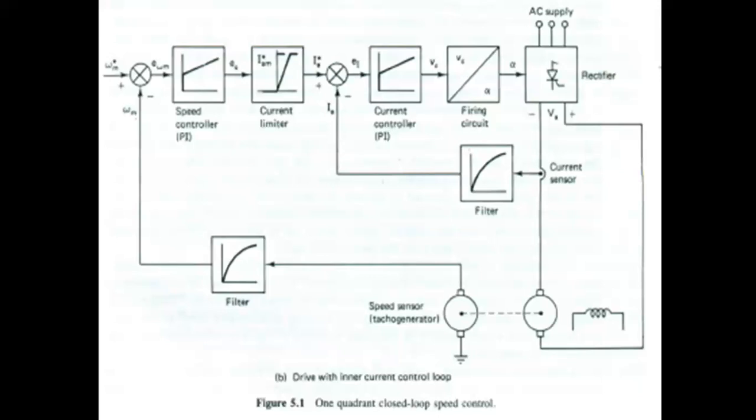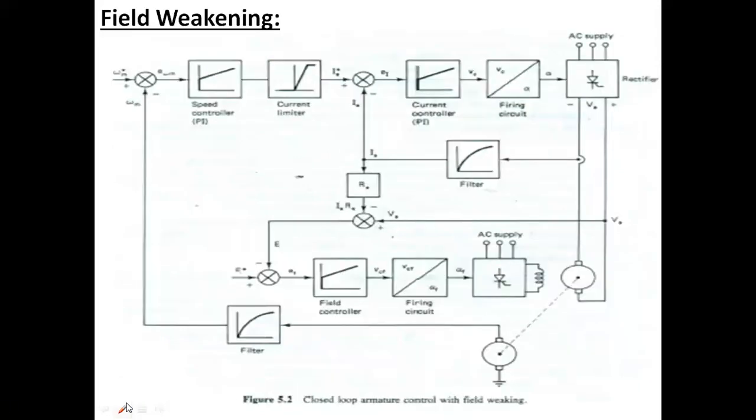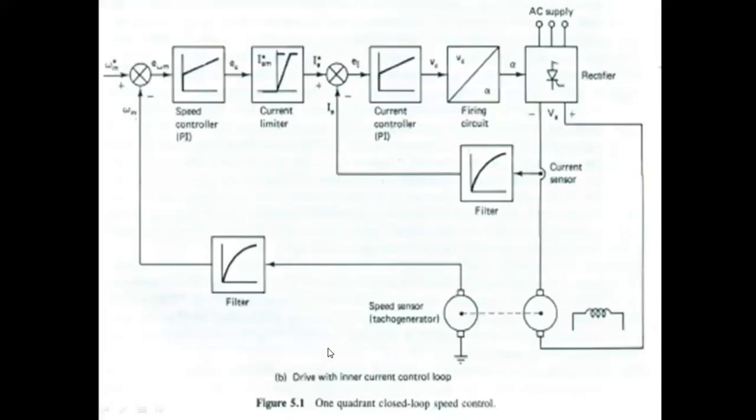As we are saying that the speed control loop and the current control loop are in cascade, the inner control loop is also called cascade control. It is also called current guided control. This procedure is more commonly used than the current limit control because it has some advantages. The first one is that it provides a faster response to any supply voltage disturbance.